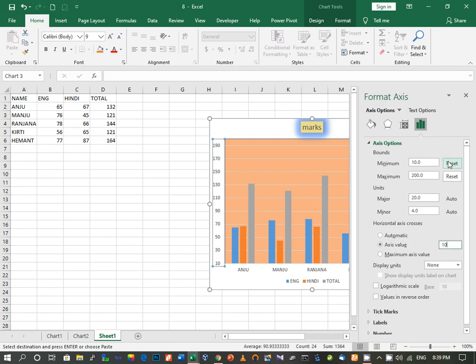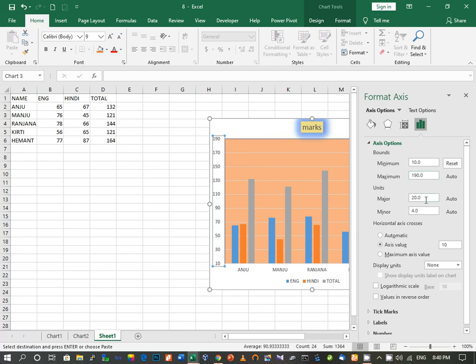When you click on the reset button, again we have to make it 10. Here also the axis is 10. Then reset. You can see that the values of the axis have changed, from 10 to 190 it was. We can make it 200 or whatever it is.